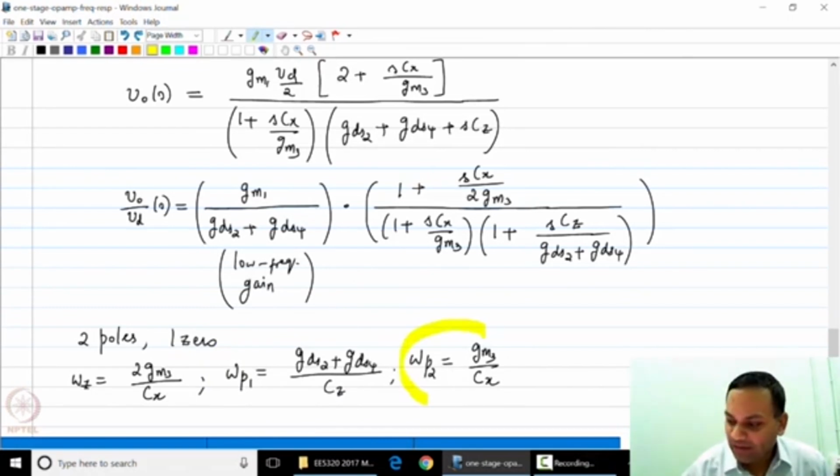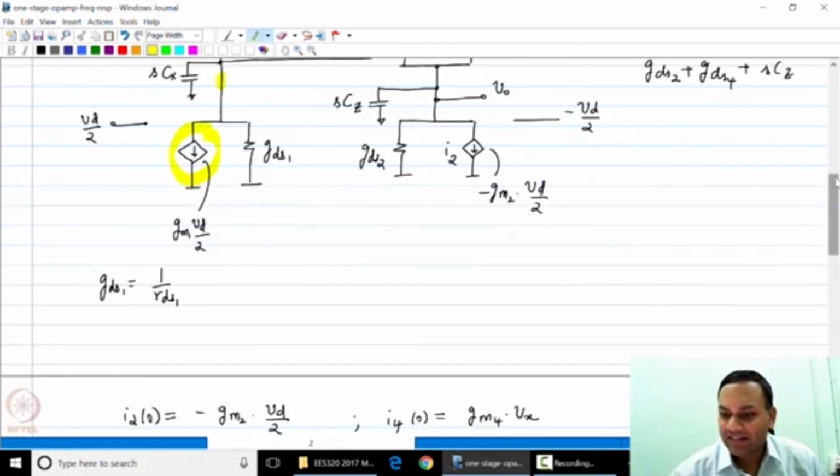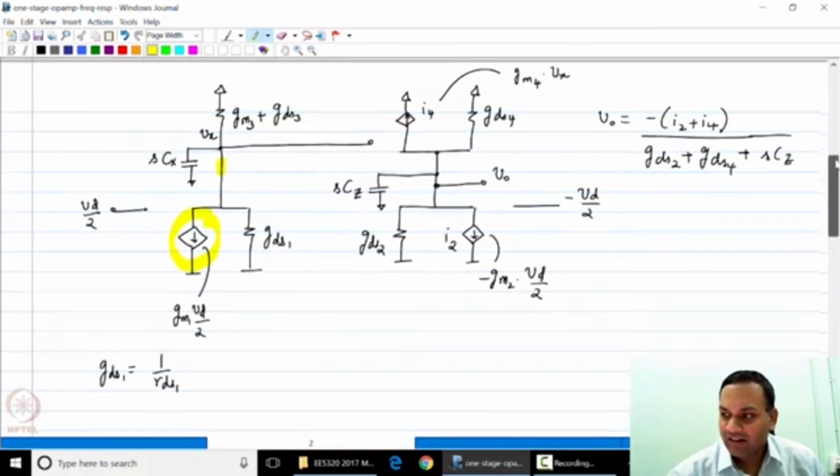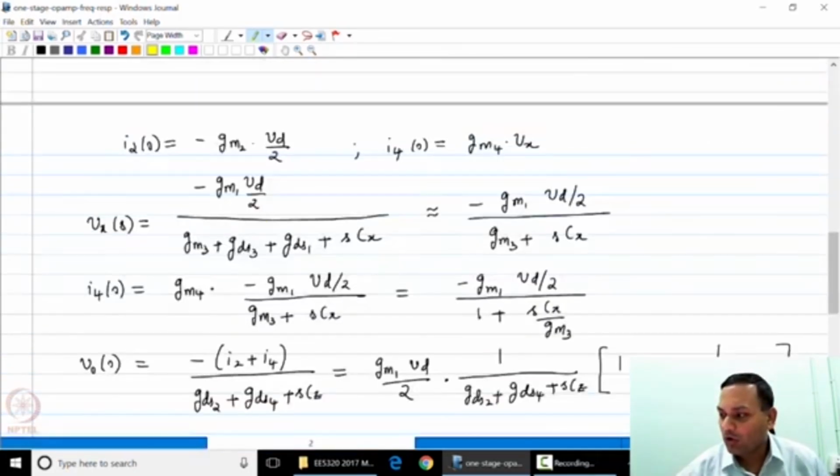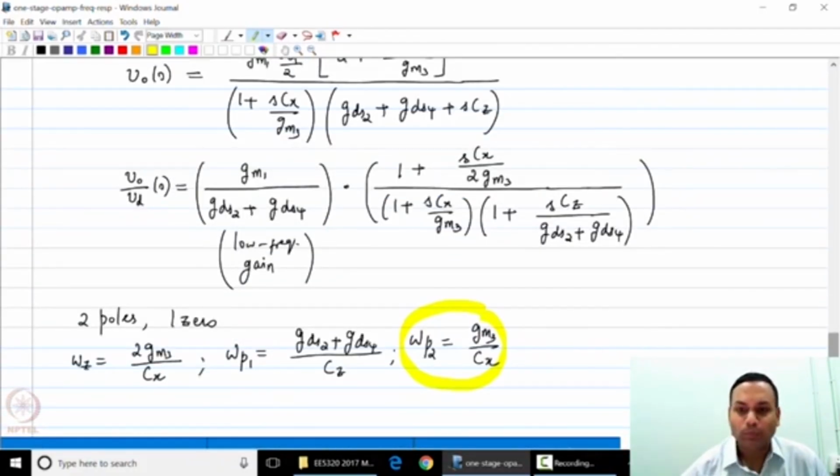Omega P2 is the second pole in the system, and that comes about because you have the gate capacitance of M3 and M4 hanging at the common gate terminal. That will be the dominant capacitance at that node. This pole is often called the mirror pole. Now please note that you now have a zero at twice omega P2. The zero frequency is at twice omega P2,